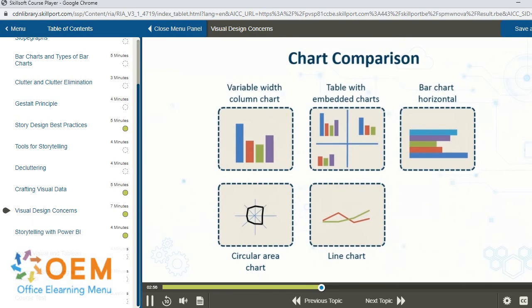It is also called a line graph and it's a type of chart which displays information as a series of data points called markers connected by straight line segments. It is a basic type of chart common in many different fields. Then we have bar chart vertical, which can be compared with bar chart